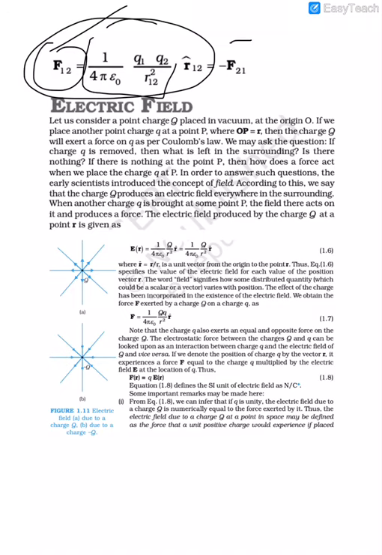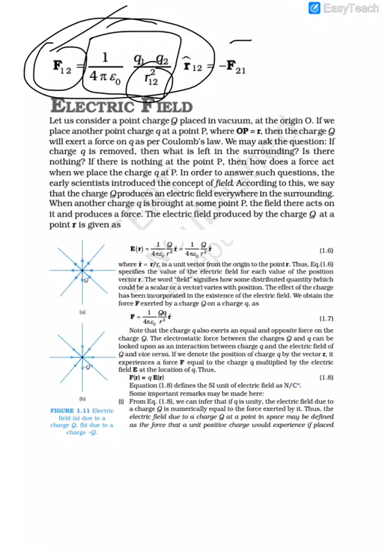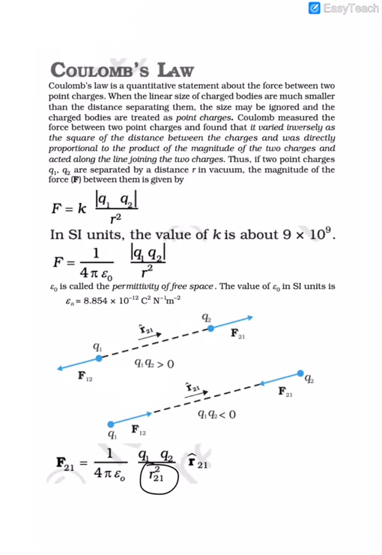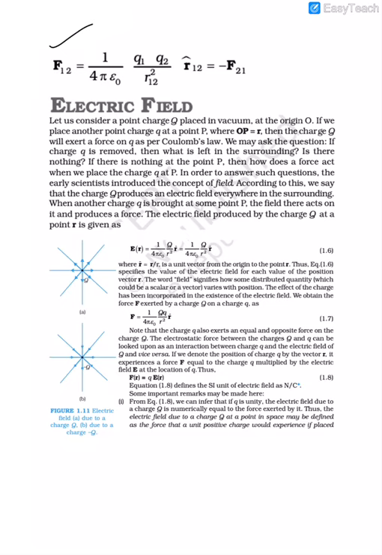It will be 1 by 4 pi epsilon naught Q1 Q2 by r square. Incidentally, whether you write R12 square or R21 square, it doesn't really matter, because magnitude wise R12 and R21 are both the same. By the way, what is R12? You can see that R12 is not there in this figure, but R12 will be a vector pointing the other way, from charge 2 towards charge 1. So naturally, because you are calculating F12 with the help of R cap 12, which is oppositely directed to R cap 21, F12 will be the negative of F21.